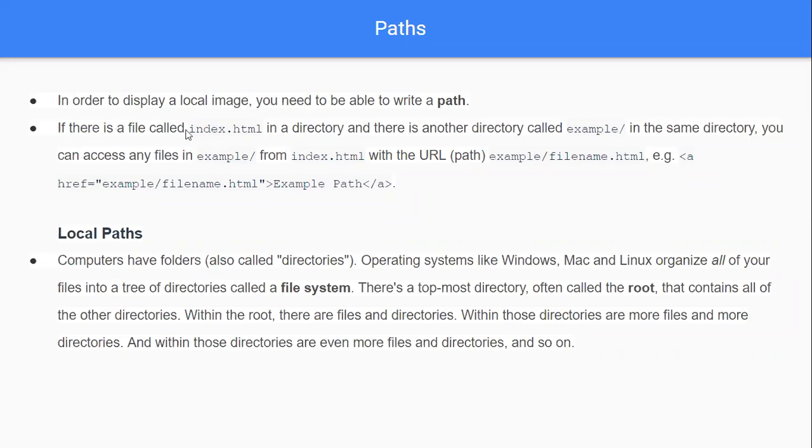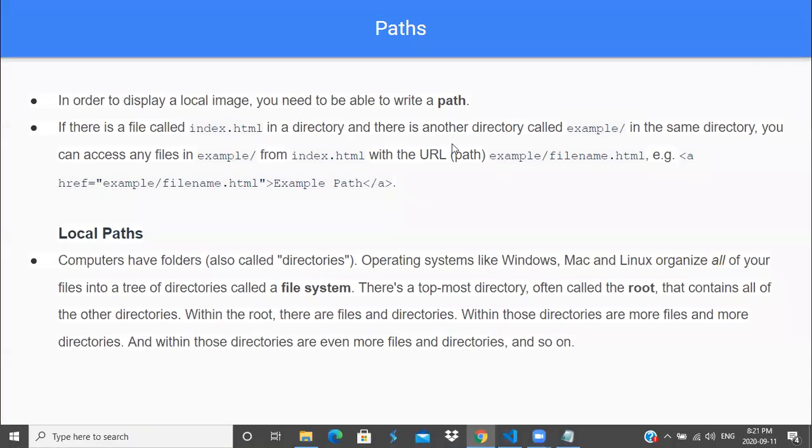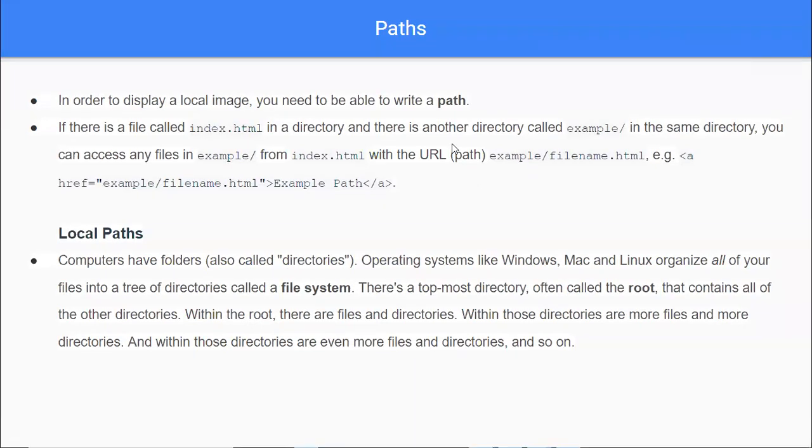If there's a file called index.html in your directory, which means in your directory on your desktop or in your directory on your server or cloud or whatever web space you have, and there's another directory called example in the same directory, which means you kind of have nested directories, the path would be